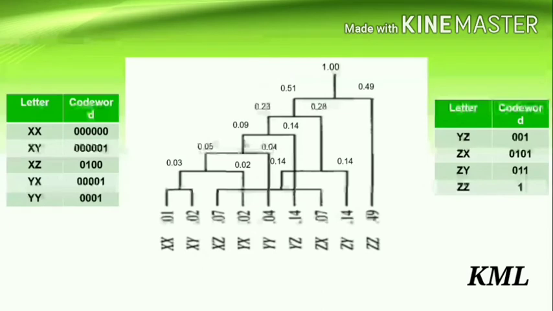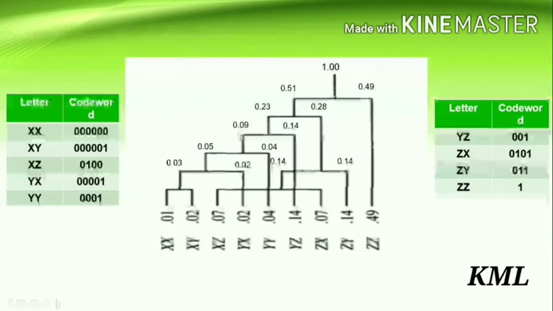Okay. So now see here we have a 0.09 here, but we have 0.07 here and here. So 0.07 is less than 0.09. So we have to combine these two together. Okay. So combining these two we get 0.14. So now we have 0.09 and 0.14, 0.14 and 0.49. Okay. So now we have to combine next minimum two probabilities.